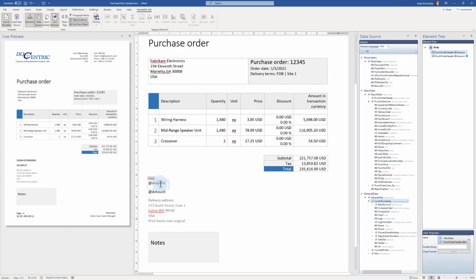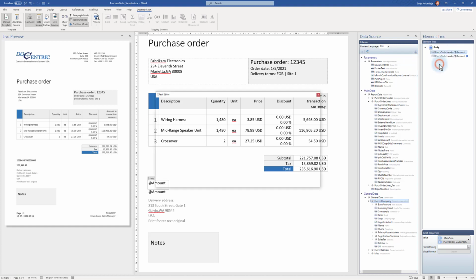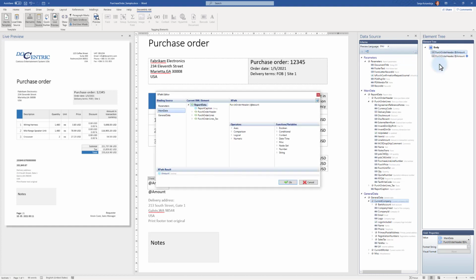So let me demonstrate that on the example of this currently selected amount. We can edit existing binding by right-clicking here and saying Edit Expression. And here I have XPath expressions. We are using XPath as expression standard. And instead of pointing to merely field amount, I will say, for example, I want to increase this amount by